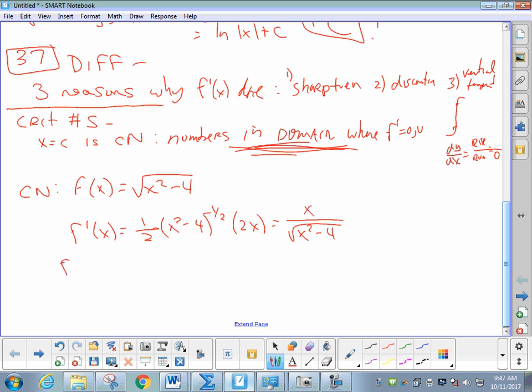And then you said, all right, the derivative is 0 if, so a fraction derivative is 0 if what happens? If the numerator is 0. So this derivative would be 0 if x is 0. It would be undefined in fraction form if the denominator is 0. So that would be, in this case, x equals plus or minus 2. So they did that, and they said, boom, there's my critical numbers. Yes or no? No, because they didn't remember